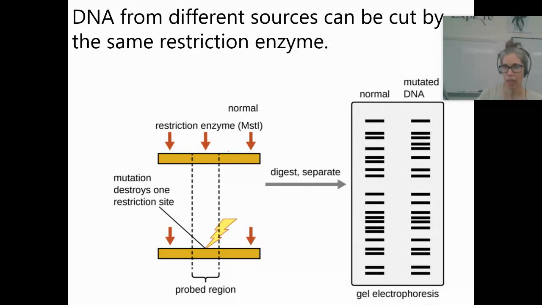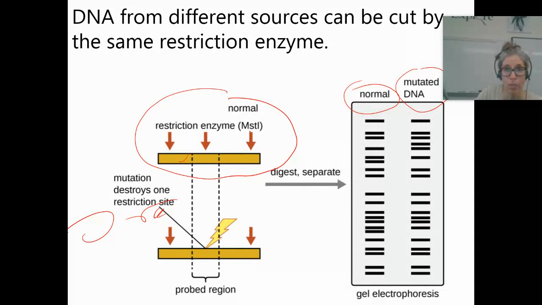So let's say we have, where's my pen? Okay, good. Sorry, let's say we have some normal DNA and then some mutated DNA. So here's the normal DNA. And there's some particular restriction enzyme, MstI maybe? I don't know if that's an L or 1. But anyway, when it sees normal DNA, it cuts it here and here and here because the sequence of DNA that this particular enzyme recognizes happens to